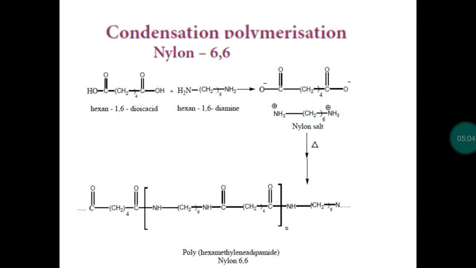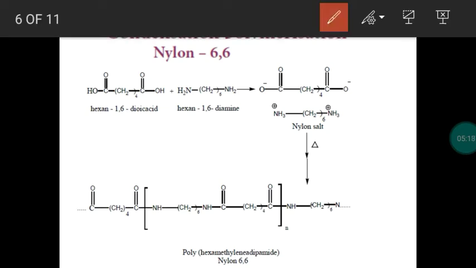Next one, condensation polymerization. We are going to prepare condensation polymers. Here monomers will be combined to produce a polymer with the elimination of molecules like water and ammonia. So we call this condensation polymerization. First example for condensation polymer is nylon 6,6. Public question: how will you prepare nylon 6,6? Here we take monomers, adipic acid and hexamethylene diamine. These are the common names. Adipic acid, a dicarboxylic acid, and hexamethylene diamine are the monomers.